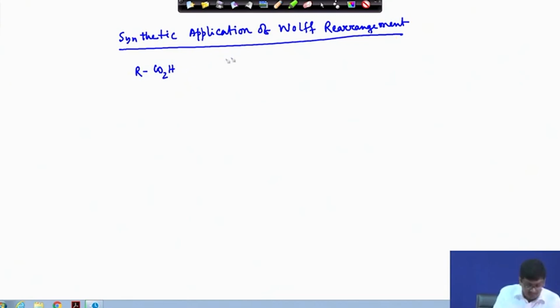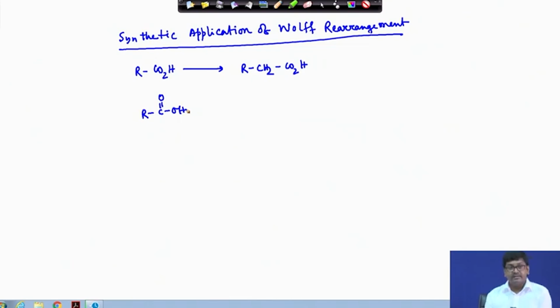Now, one carbon homologation of this carboxylic acid is the main synthetic application of the Wolff rearrangement. For example, if you start from here, we finally get this one. Okay. So, how do we do that? If we take this carboxylic acid, then in presence of thionyl chloride or oxalyl chloride, we can easily make